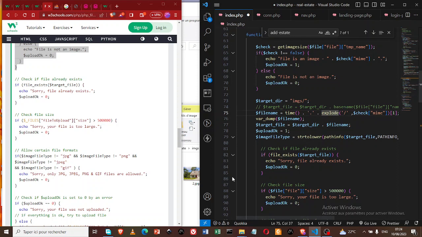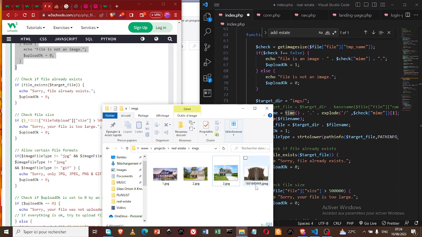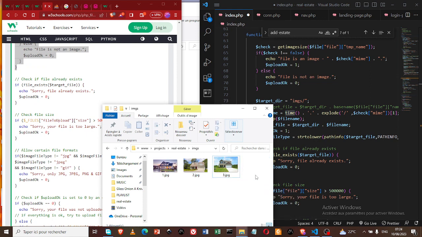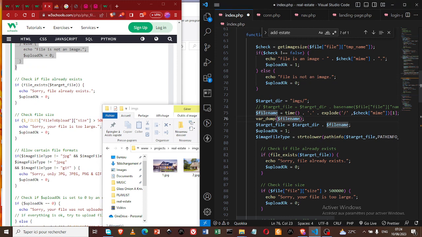A better way to keep track of our images is to use a timestamp. So the reason why I'm using this time function here is that it's going to pick the current time in number of seconds. This number of seconds is not attributed to this picture, and it will never be the same for two pictures, it will always be different. I'm going to delete it, by the way, because we're going to create another image shortly. So our file name here is simply going to be this time, and then